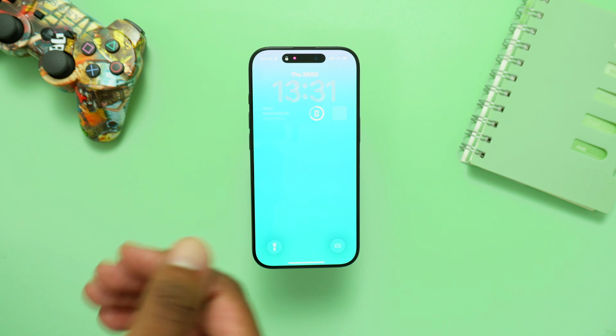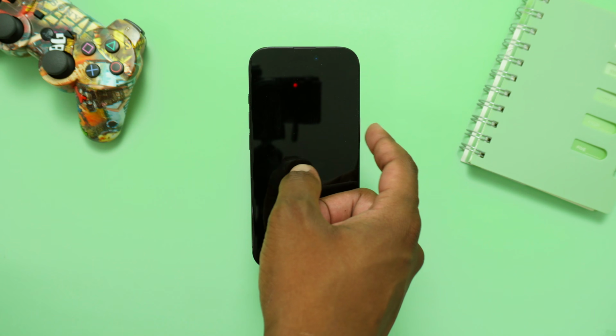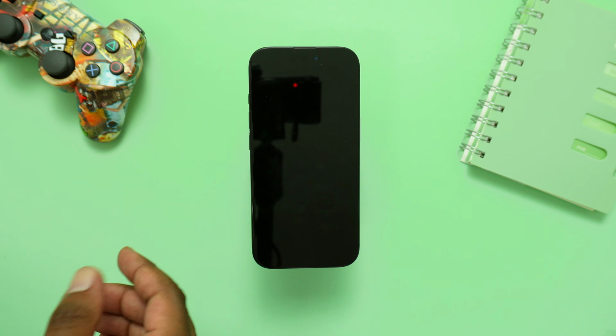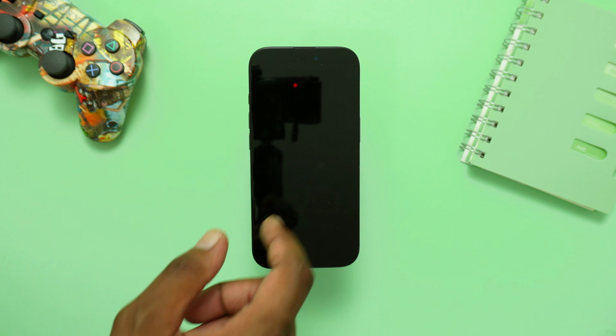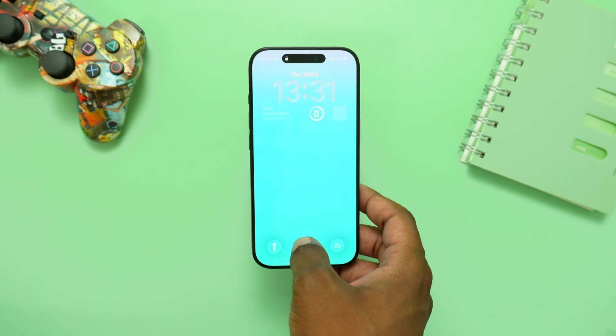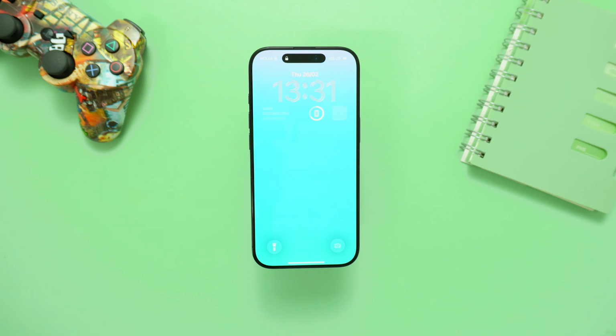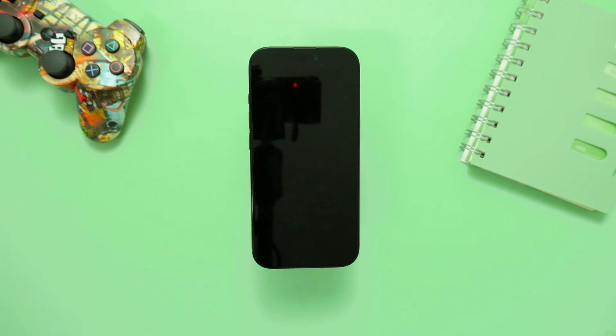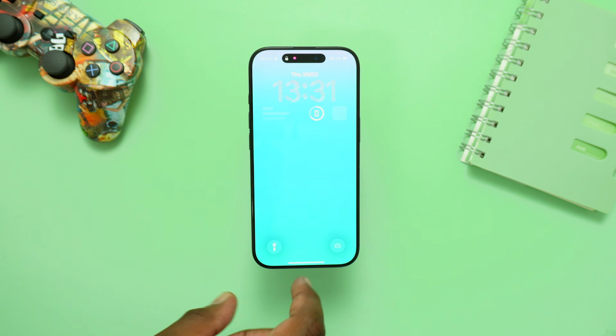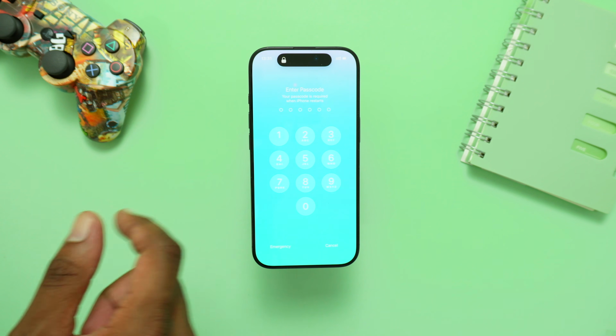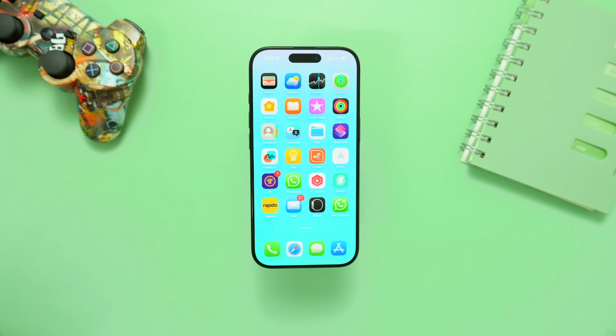Now, if you have a much older device, please note that the power button is usually located at the top, for iPhone 5, iPhone 4. So in that case, you'll have to press and hold the physical home button along with the power button here at the top until you see the Apple logo on your screen, and then release the button combination. This is how you perform a forced restart on your iPhone device. Now, if you have an Android device, all you need to do is simply restart your phone normally. Check if this helps fix the problem, and if it doesn't, do not worry, we're moving into the next step